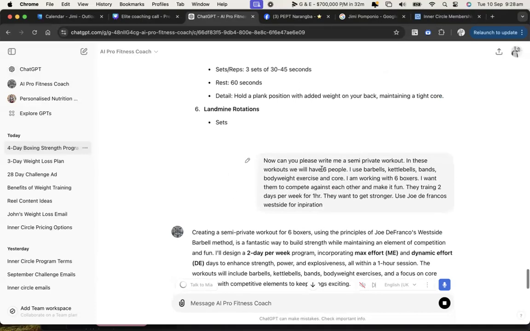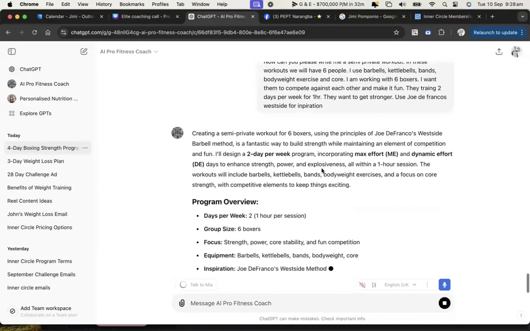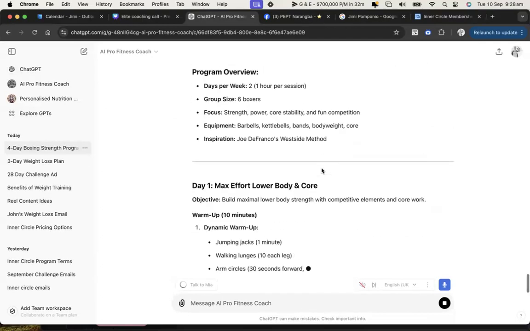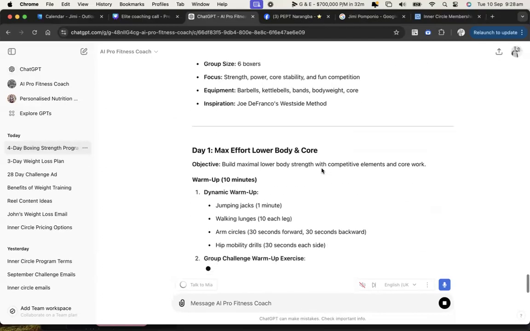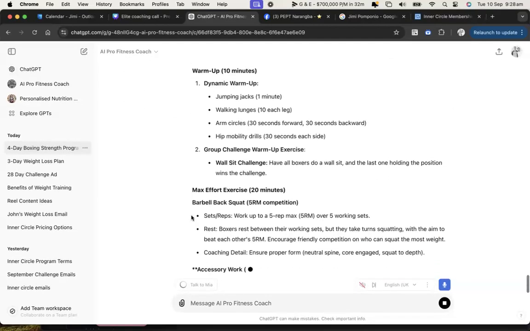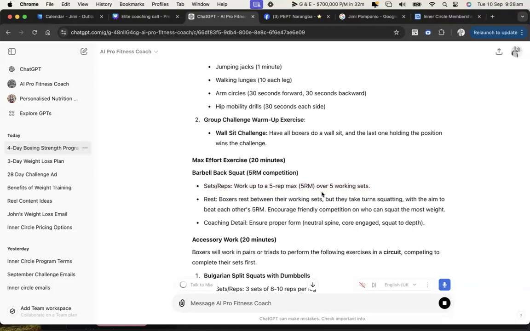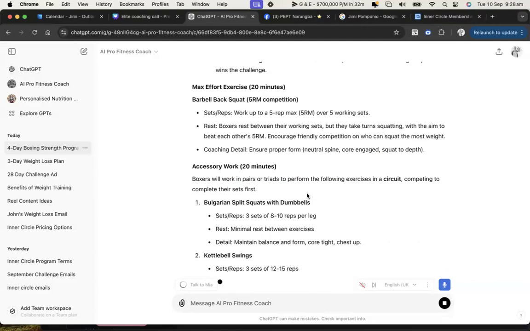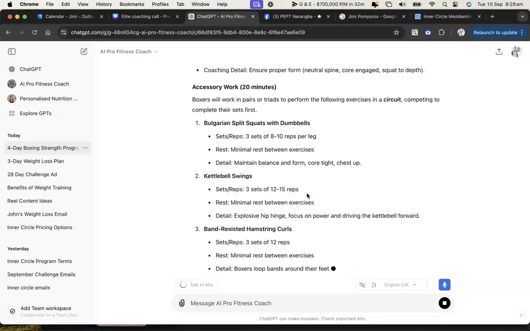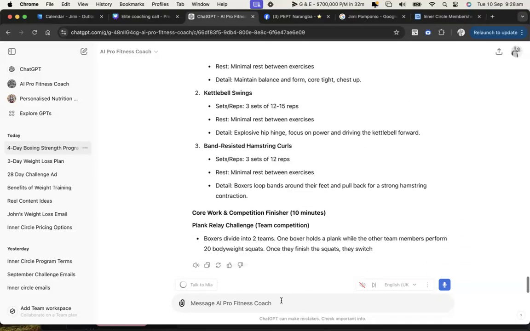So we said just how many people that we have in it. Okay. And then you're able to utilize those lifts. You're able to put in all the different equipment that you guys have, whether it's bands. So you'll see in here, it's starting to make it competitive, that you can share with your coaches and things like that. You can even write it in here, like, now please write a group workout